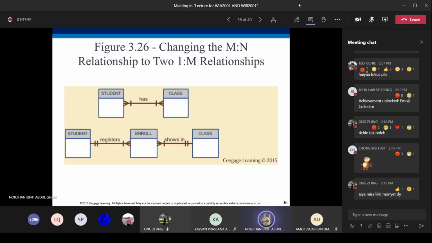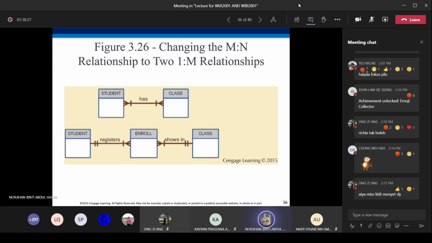Let's say for example database. Many students can register for database, and the database class can be registered by many students. So here we have a many to many relationship. Then what should we do? We have to resolve this many to many relationship.